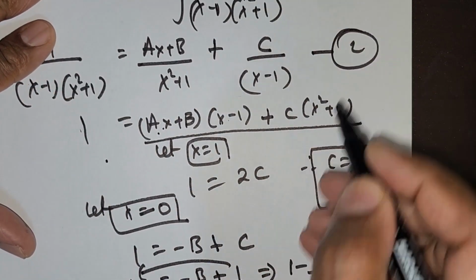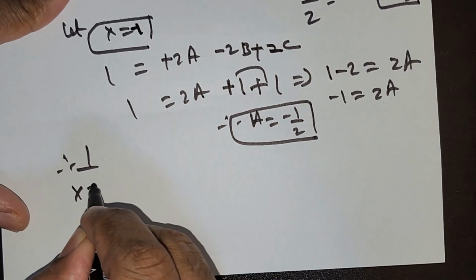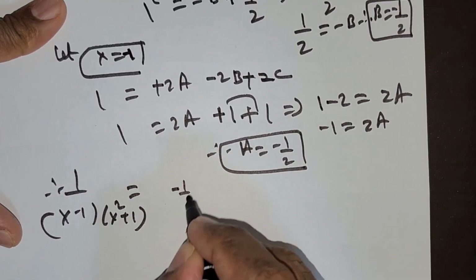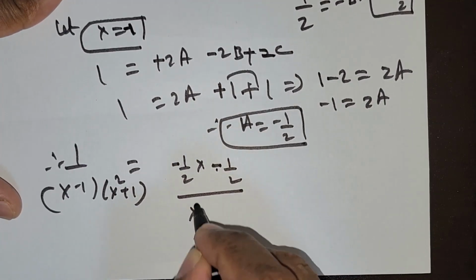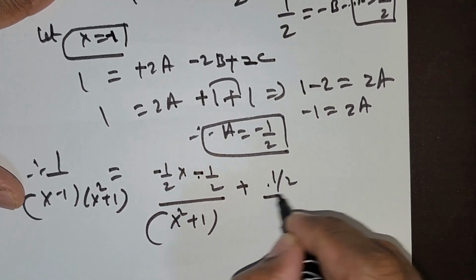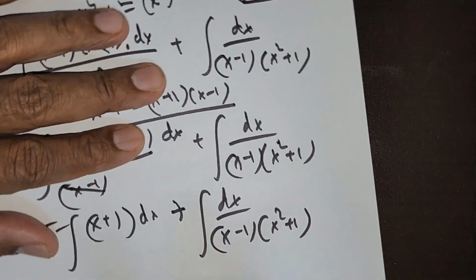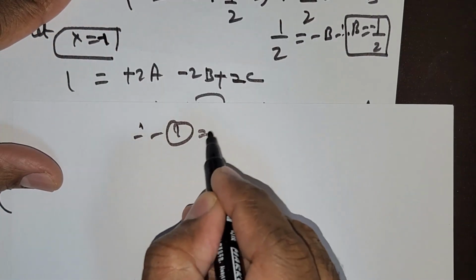So I can rewrite this as 1 over (x minus 1) times (x squared plus 1) is equal to a, which is negative 1 over 2, times x, and b is negative 1 over 2, divided by x squared plus 1, and c is positive 1 over 2, so 1 over 2 divided by x minus 1. Now you take all these things and you have to write this as 1. So I'm going to move to this side. Okay, so therefore 1 is equal to,